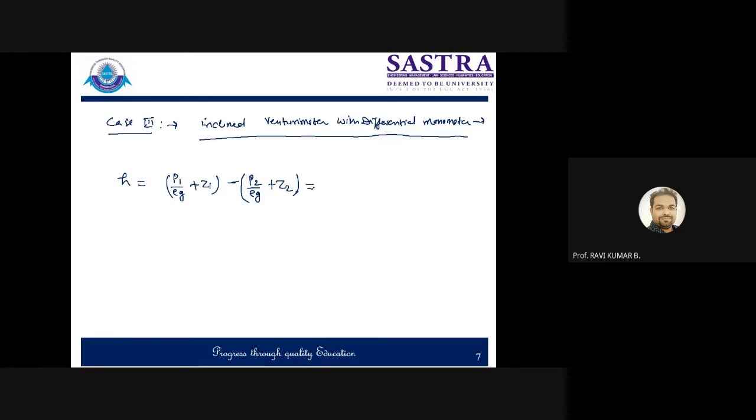So this will become, in the case of heavier liquid, specific gravity of heavier over flowing liquid minus 1. This is the first case, and the second case you can write for lighter liquid. So these are the two cases in which you can add even datum head: h equals x times 1 minus lighter liquid divided by the flowing liquid.